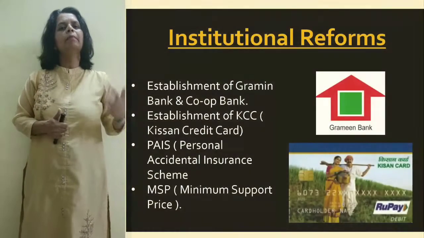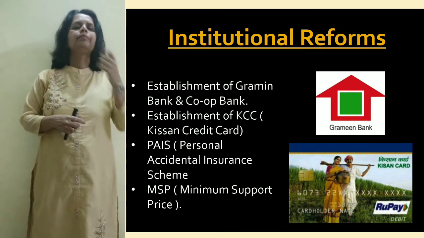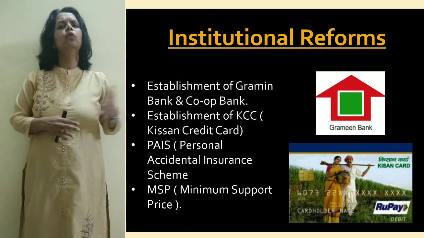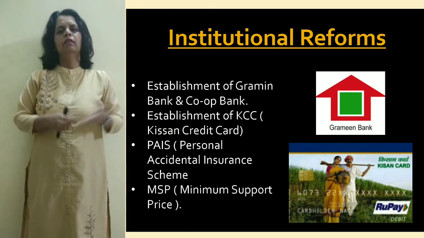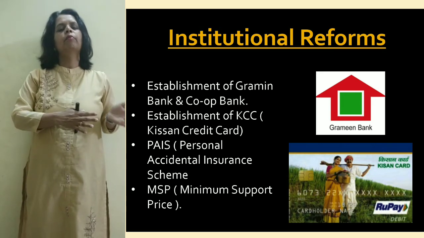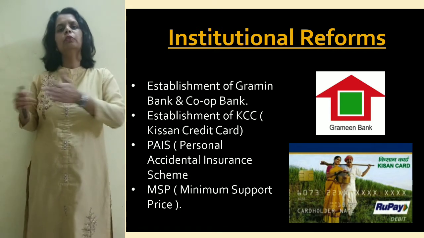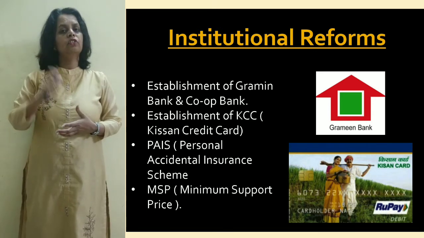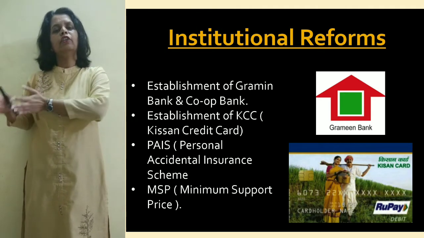Then we have got establishment of Grameen Bank, right, and cooperatives. You will see Grameen banks and cooperatives are being provided so as to give loans to the farmer. Loans at a concise rate. You must be knowing that, when they don't get loans from the formal sector, what happens? These farmers and landless laborer, they turn towards informal sector, wherein these money lenders charge very high rate of interest, right? And hence they fall in the category of your debt trap.